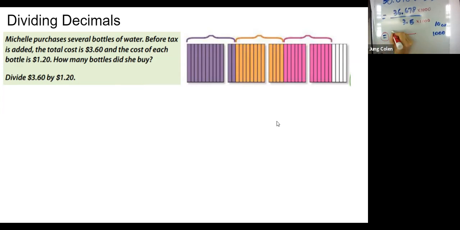We have 36,678. You move the decimal point to the right by 3. So the same thing here. What happens? 3,500, right? So you can do 36,678 divided by 3,500. You can do it this way, or